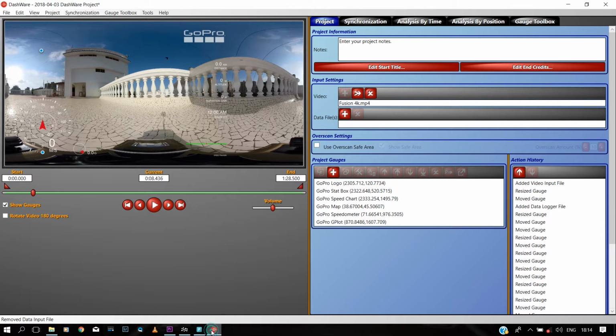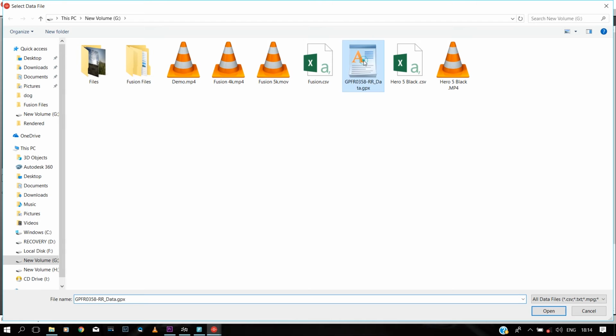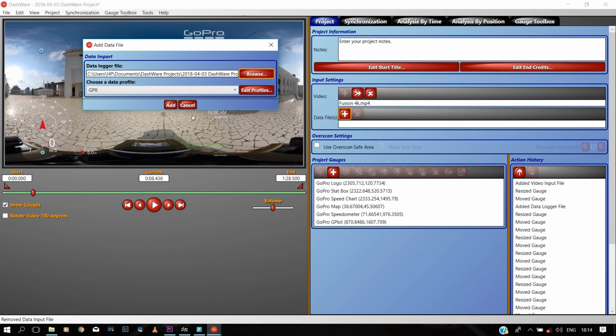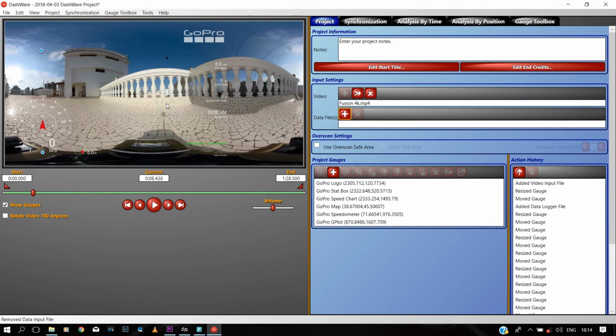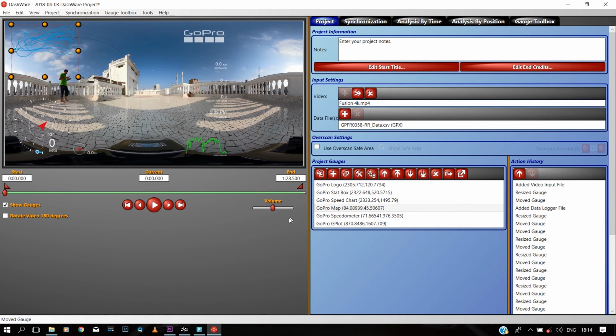And if I now open up Dashware, if I click on data file, if I select the GPX file and selecting the data profile as GPX, you see now we get the map as well, and we have our speed tracker as well. So all our gauges are straight away ready to be used. And so now that we have most of our gauges synced with the values that were necessary,